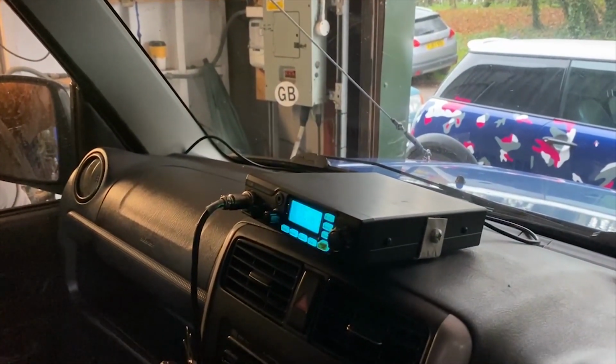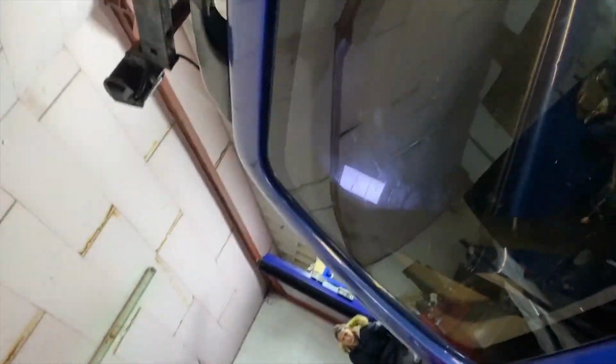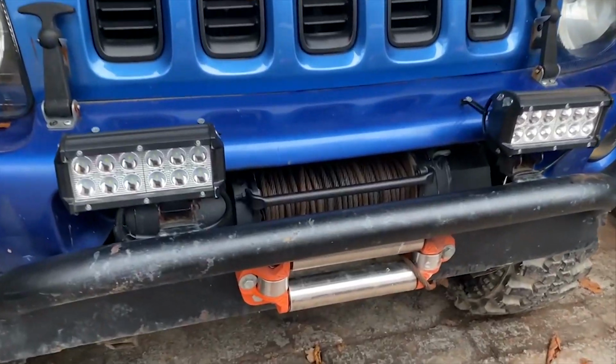Breaker 19. If you have a look in the glove box, the remote controls are left of the winch. I've also got a remote for the...